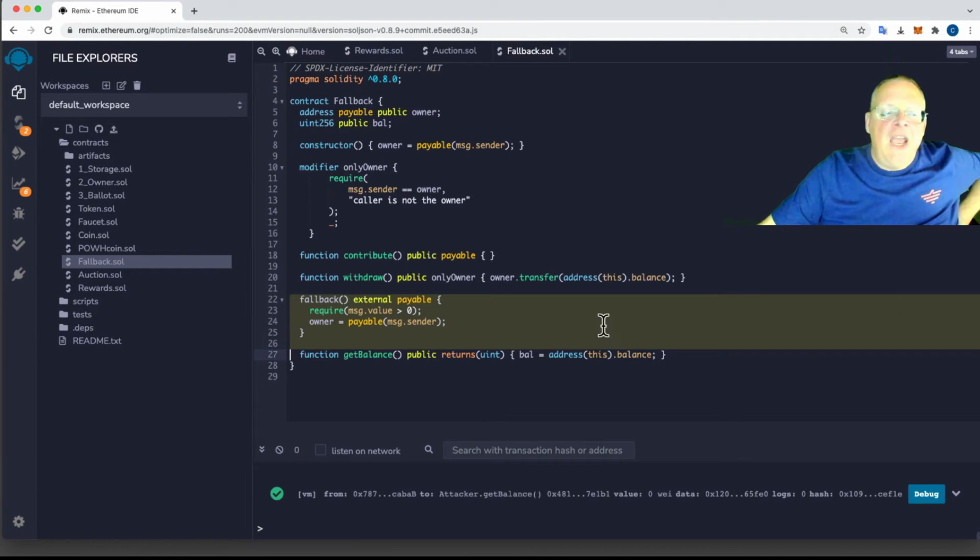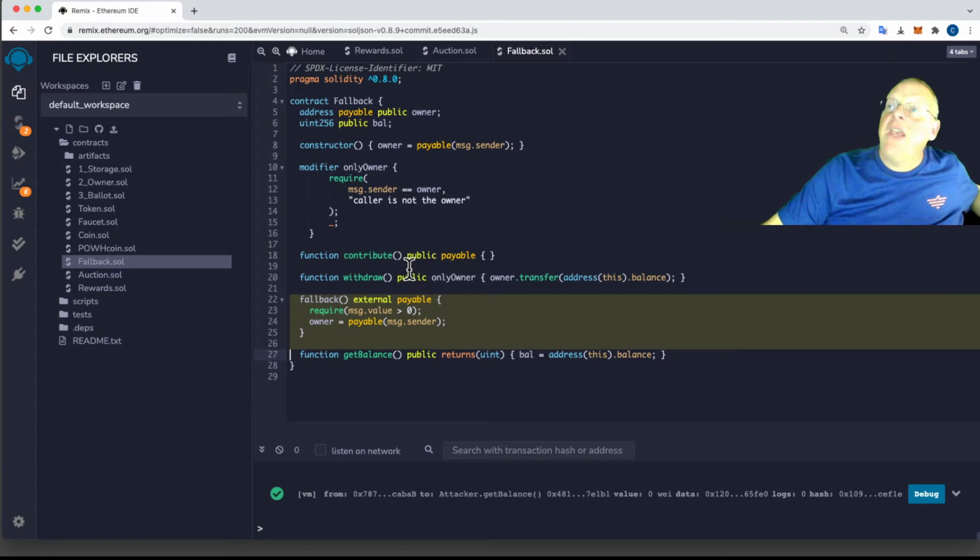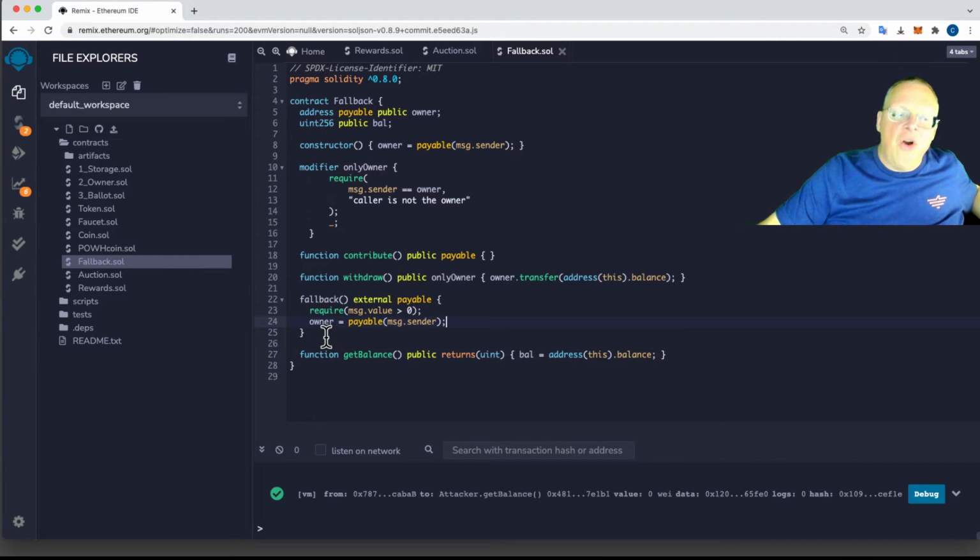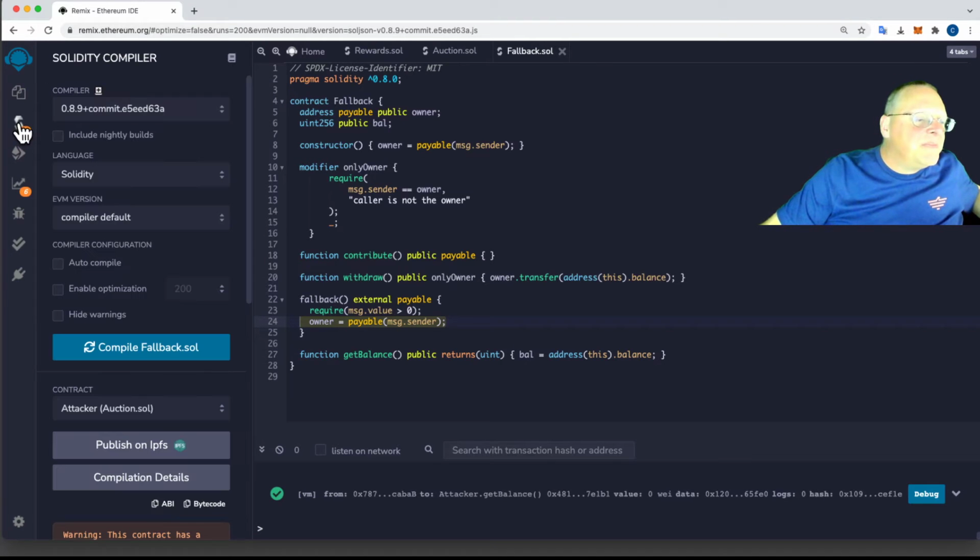What happens here is when somebody pays me money, I'm going to receive the money, and then I'm going to change the owner of the contract that paid me to me. So I'm going to own all your money if you pay me money. This is mind-boggling that you can do that in the fallback function. That's what this does. So let's compile this